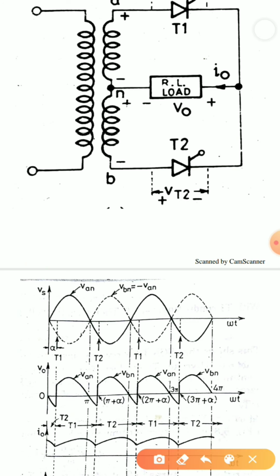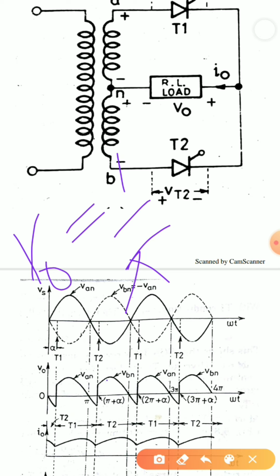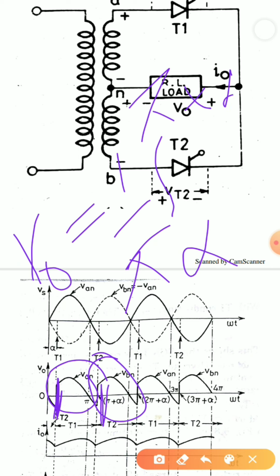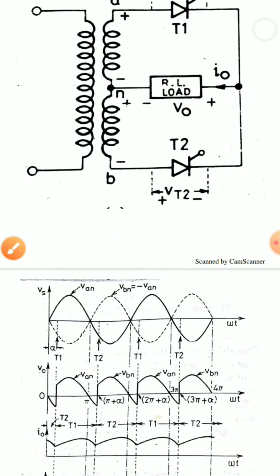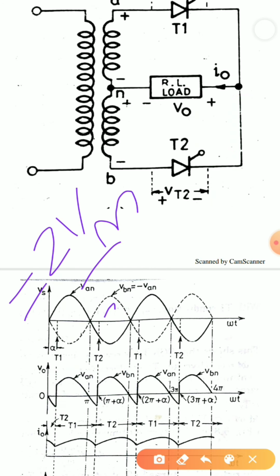Now moving further, let us find out the average V0. How to find out V0? I have to check for what duration. Here I'll be considering only a half cycle, because the waveforms are going to repeat, because this is a full wave rectifier. I can clearly make out my thyristor is conducting from alpha to pi plus alpha. So my limit will be alpha to pi plus alpha of Vs, where Vs is Vm sine omega t, d omega t. When I integrate this, I will get 2 Vm by pi cos alpha. If I find the value of V0, I can easily find all the other values.